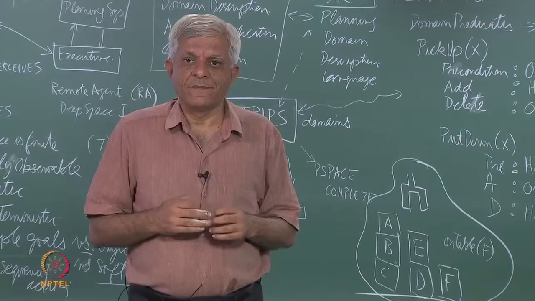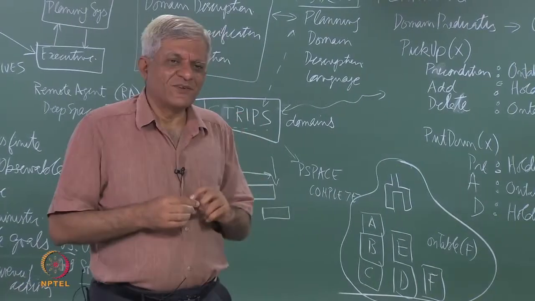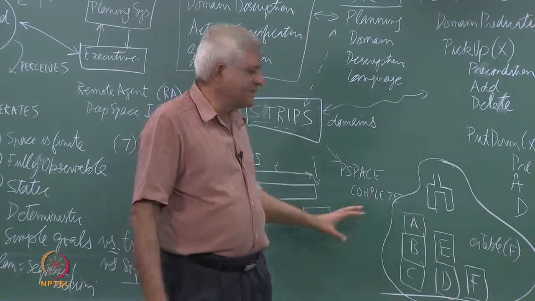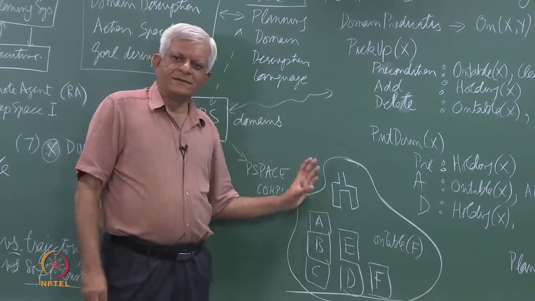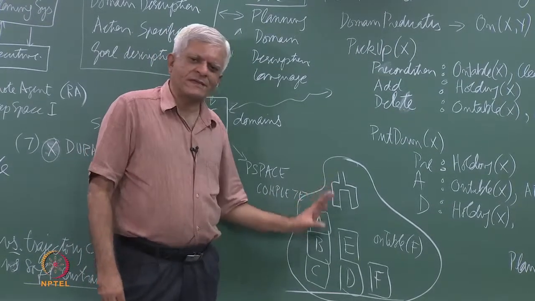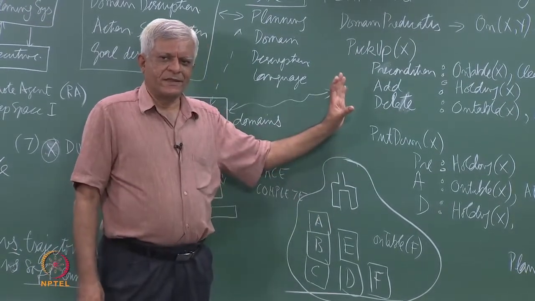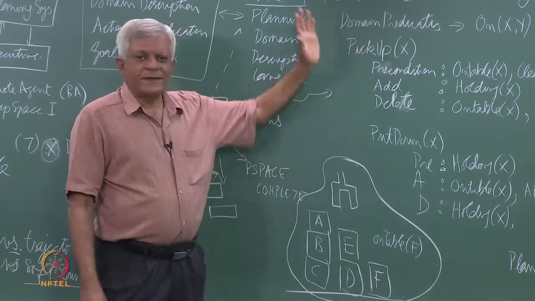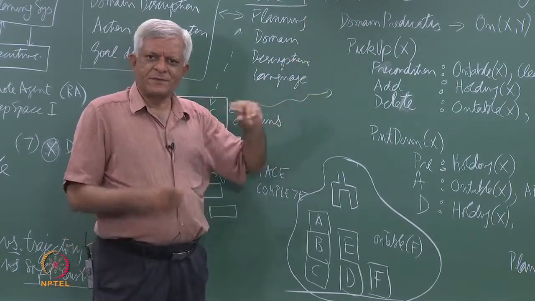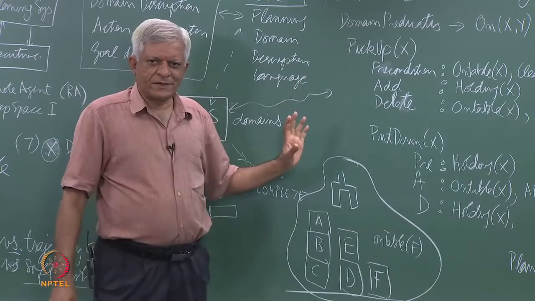Sorry? Write everything out and arrange it. No. You are talking of a specific problem which is the blocks world domain. Now, this is just to illustrate, we are using it as an example to illustrate our planning algorithms. Our planning algorithms have to be domain independent. We do not know what the predicates and what the actions are, but we should be able to still write an algorithm to do that.